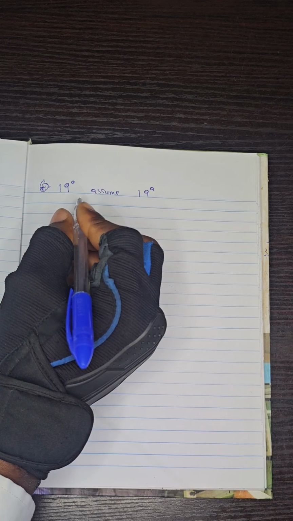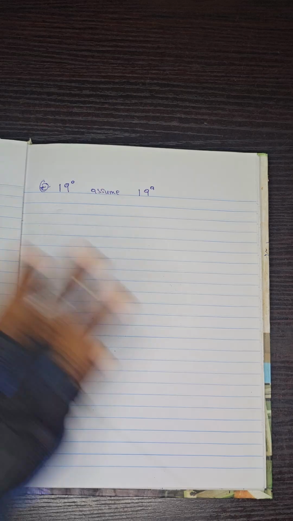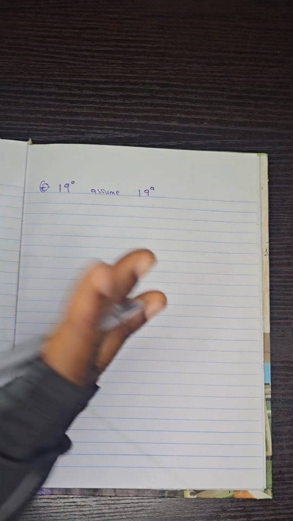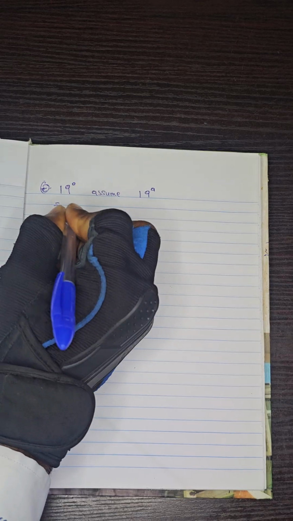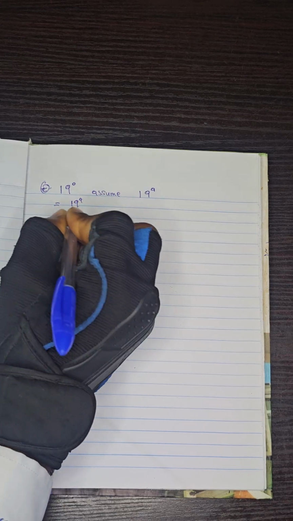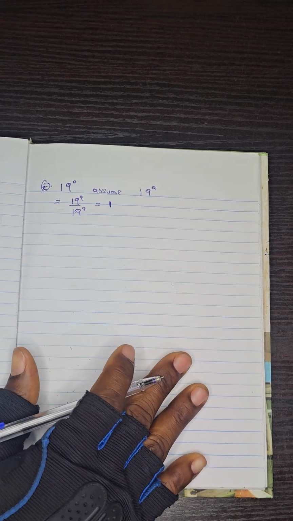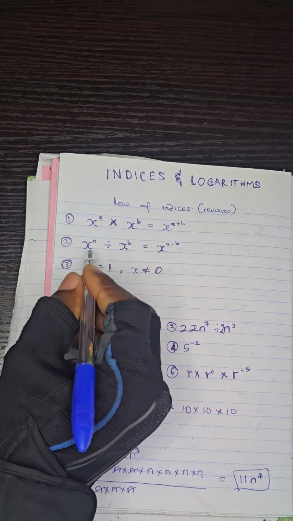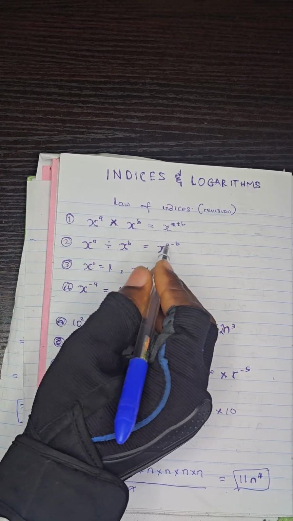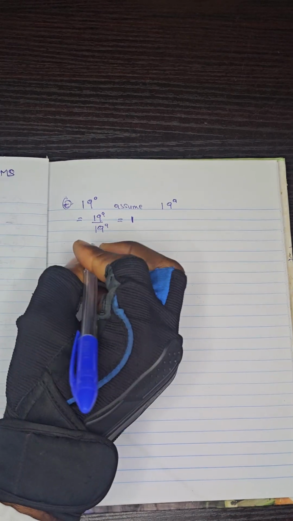And we know that any number divided by itself is what? 1. Any number at all divided by itself is 1, so long as that number is not 0. So we can say 19 raised to power A all over 19 raised to power A is what? 1. That's established. Now, using the law of indices, this second law that we have here, when two numbers divide, the second power is subtracted from the first one. So when you apply that law here, you have something like